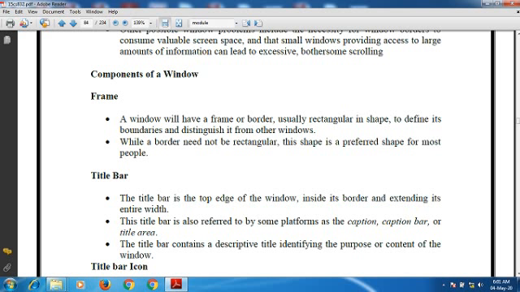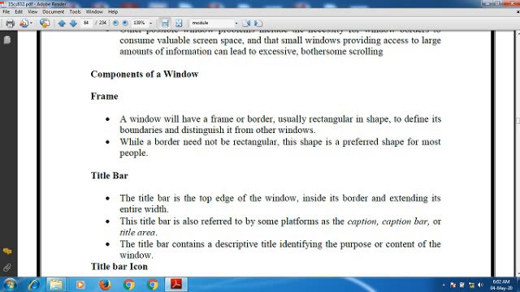If you look at the Microsoft window, it provides the title bar, and at the extreme left as well as the right end, we have the control buttons for retrieving the system menu and performing window resizing.